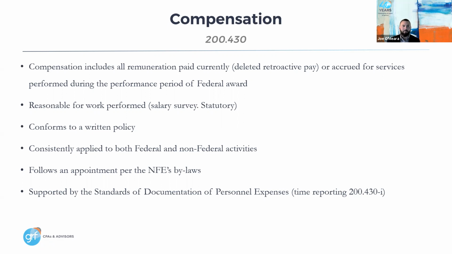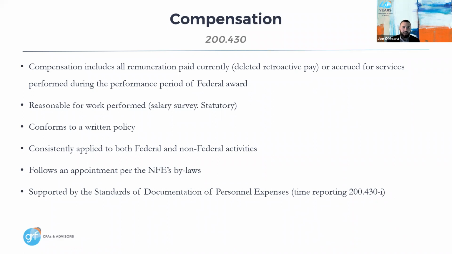The federal government is willing to reimburse their fair share of any compensation costs that you incur directly or indirectly, as long as it's reasonable for work performed. The U.S. government does not want to be paying for any costs that you're incurring simply because you have money from the government to pay for those costs. So we'll constantly refer back to the reasonable factor, and as you go forward after this session, keep that in the back of your mind as well. Is this cost reasonable? It might be allowable under the cost principles, but if it's not reasonable in the circumstance, then it would not be something you should be charging.